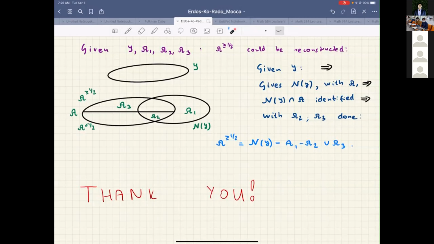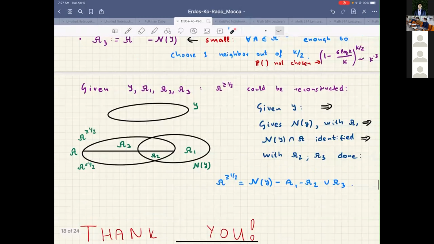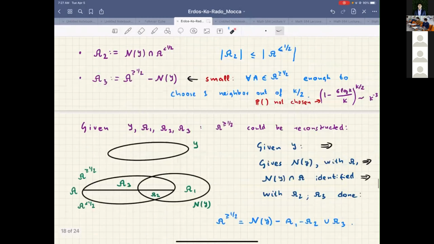So yes, there are papers which are studying it, and I think the results are when k is smaller than n, but we haven't looked into that topic. So it could be that one can find something interesting in that direction, but